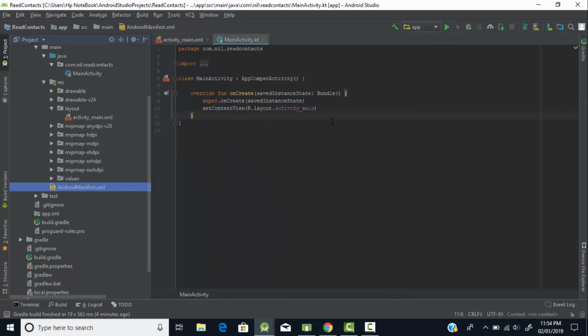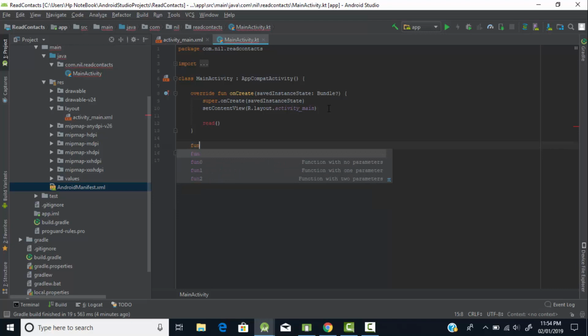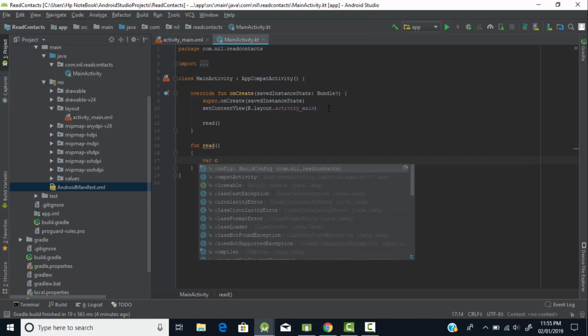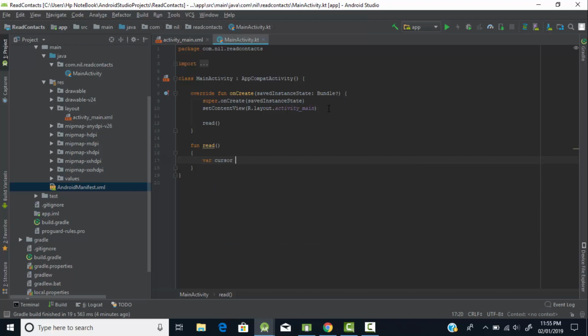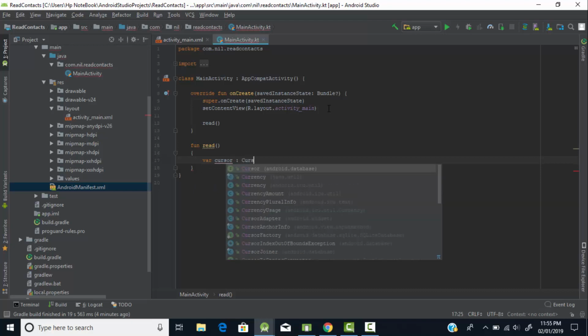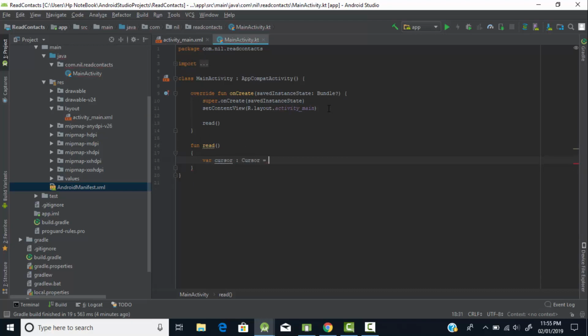Now go to our main file. Here I will create a function and I will give it the name read, right? Let's create a function outside of our onCreate method, function read, and then here I will create a variable. I will give it the name cursor, which is of type Cursor, and equals to,